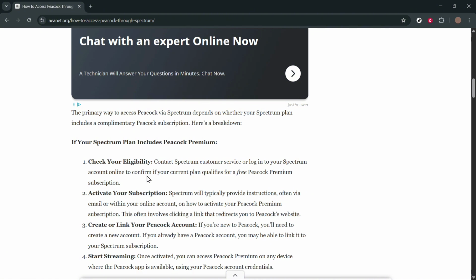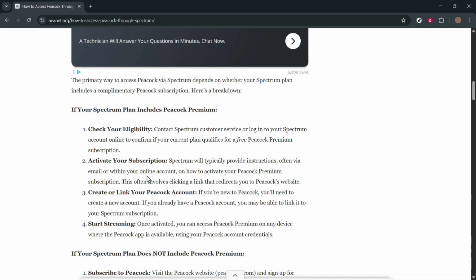Now, if you're new to Peacock, you'll need to create a new account. If you already have a Peacock account, you may be able to link it to your Spectrum subscription. Now, once activated, you can access Peacock Premium on any device where the Peacock app is available, using your Peacock